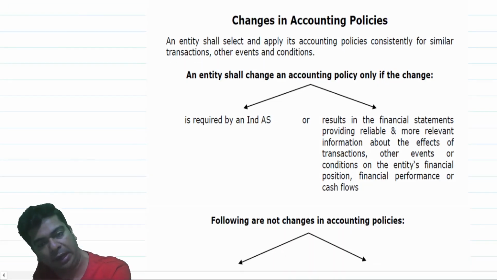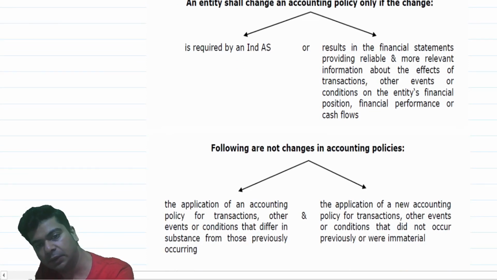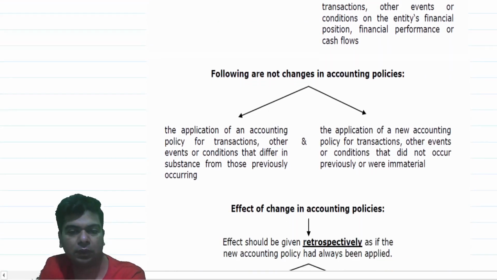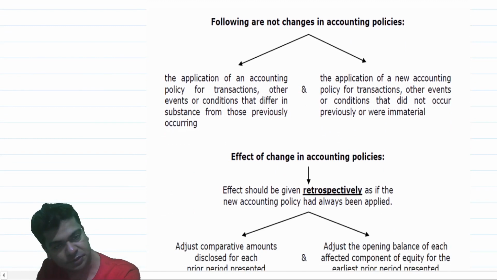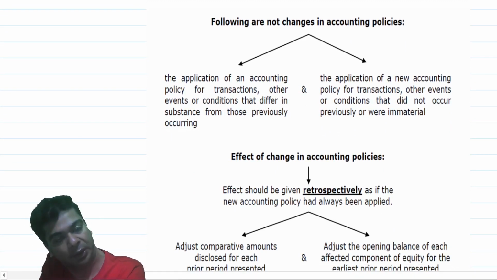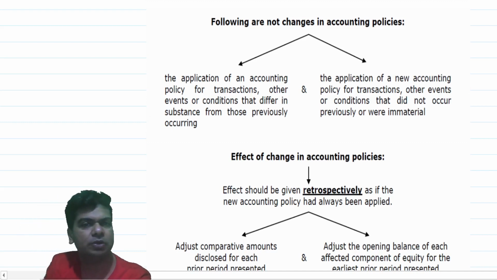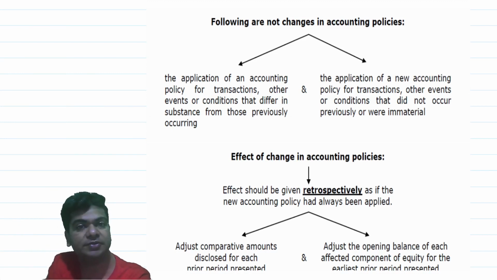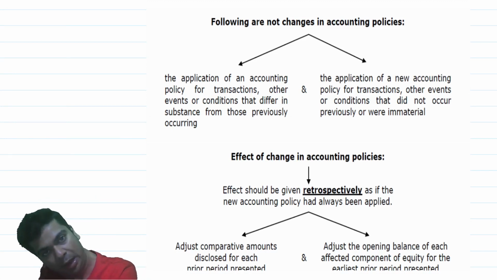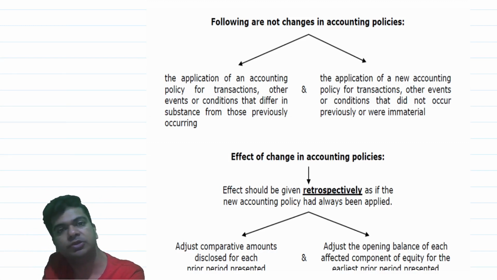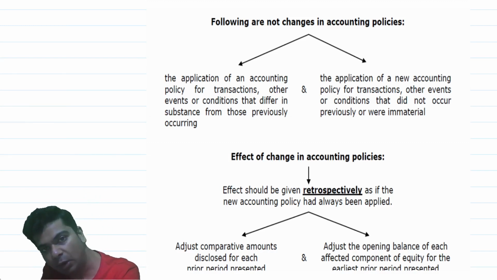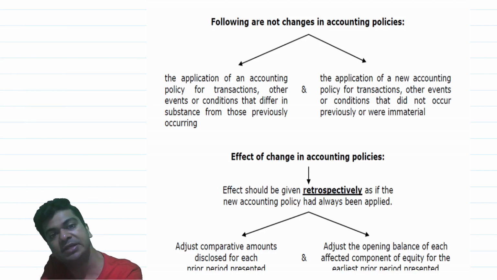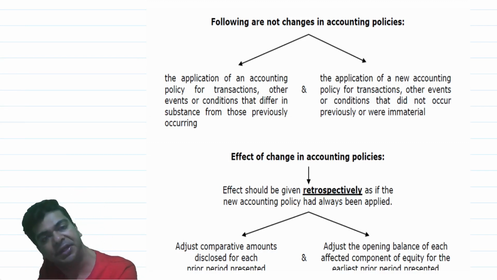You see our write-up for the change in accounting policy. Yes, I'll draw your attention to where they are saying that following are not changes in accounting policies. I'd given one example also earlier that you might be selling on cash basis, you might be selling on credit basis, but now you have decided to sell on approval basis. Now when you start selling on a new basis, obviously you will have to now design an accounting policy relating to it. And that is the reason we cannot say it is a change in accounting policy.